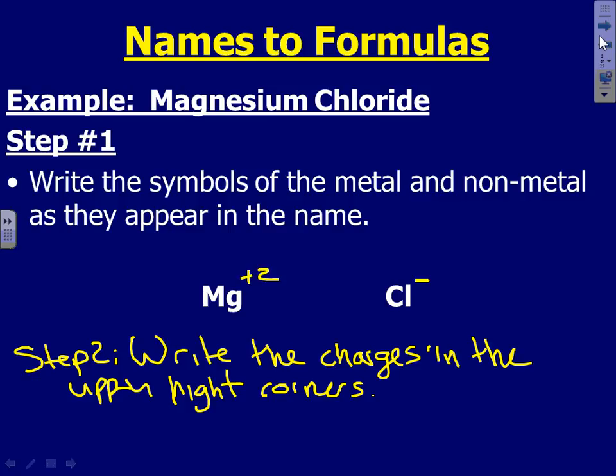I am going to write step 3 also on the slide, so we can keep going. What you do now is you cross over the charges to the other atoms as subscripts. Does everybody know what a subscript is? It's when you write a little version of the number beside a big letter. So the third thing you do is cross